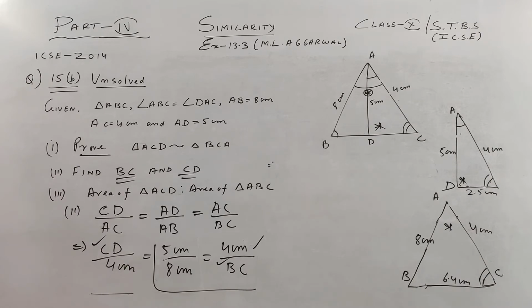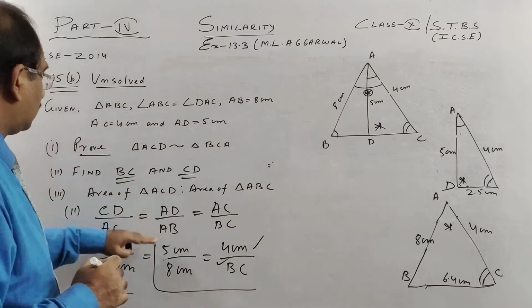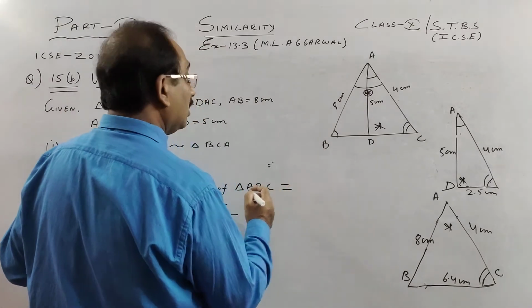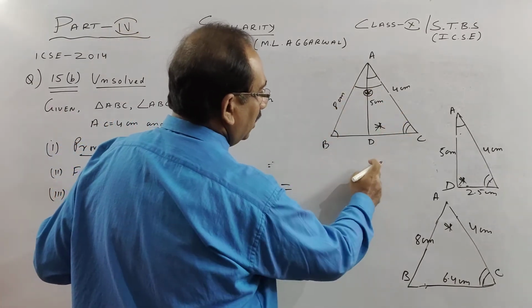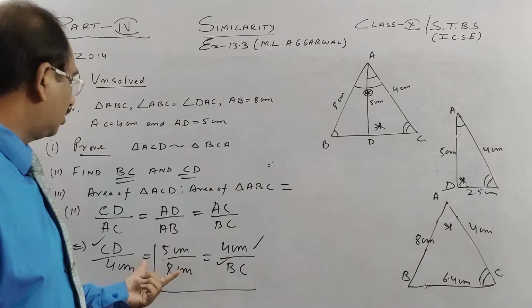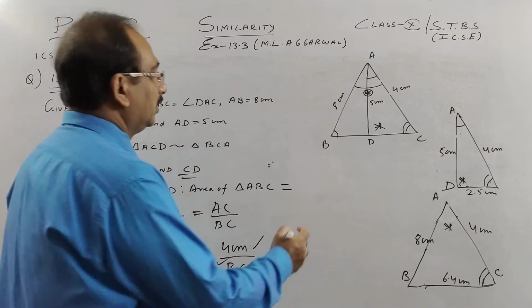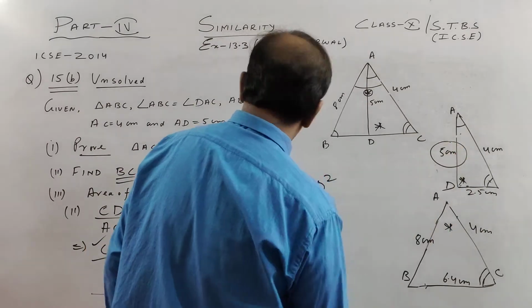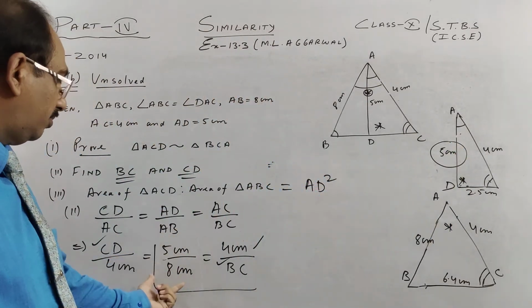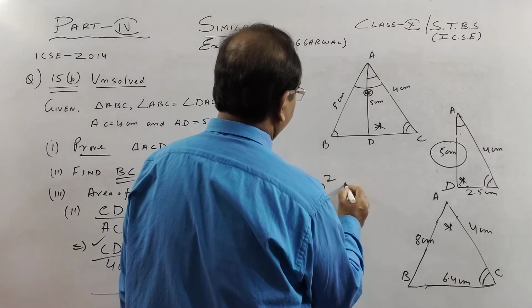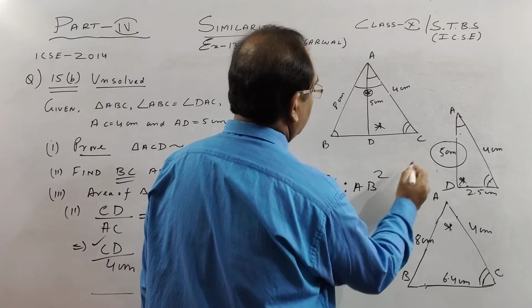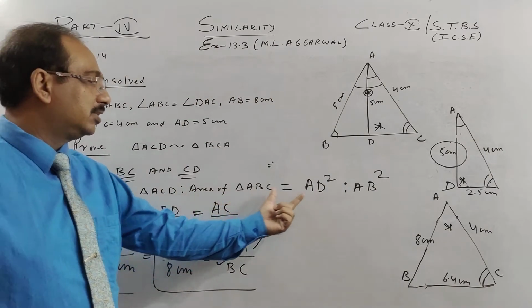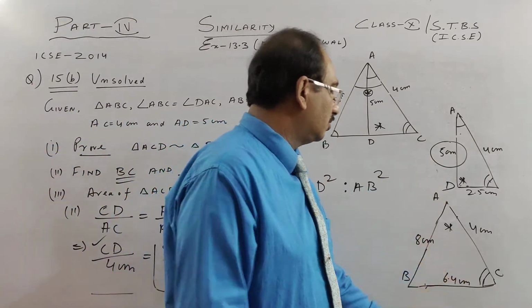So last part, children, I am showing you there only because this has relevance. I taught you in part 1, area of ACD is proportional to area of ABC. So you see this particular relationship: AD square in this triangle is proportional to AB square. Okay, once more, see, when you want to find the ratio of areas, we take the square of the sides. So this we have found out.